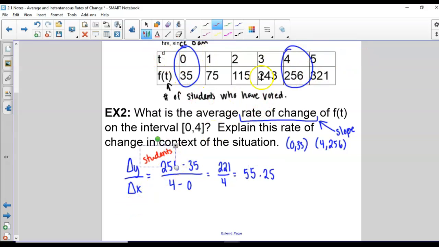And then what's the t measured in? Hours. Okay, so that means that top number was students, the bottom number was hours, so this is measured in students per hour. Okay, that helps me a lot in explaining the situation. Because if I've got 55.25 students per hour, well, that kind of helps me see how to explain that answer. So for this, I would say